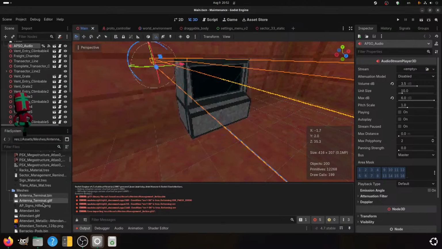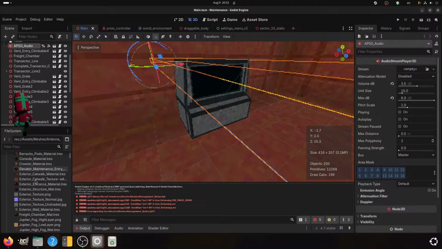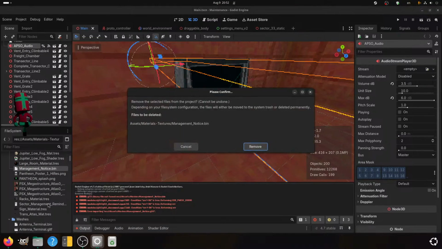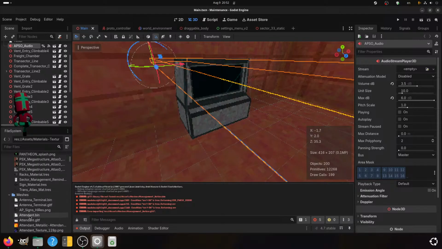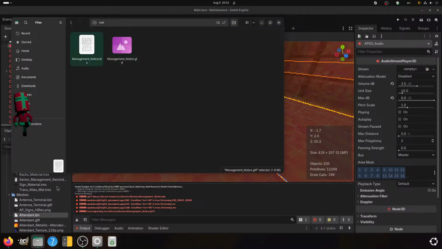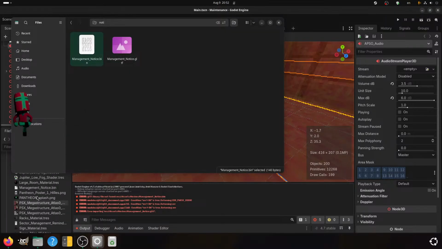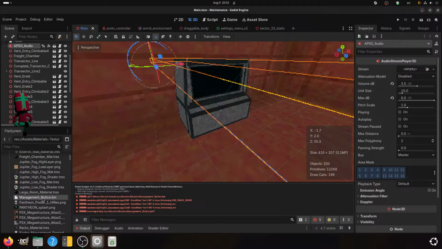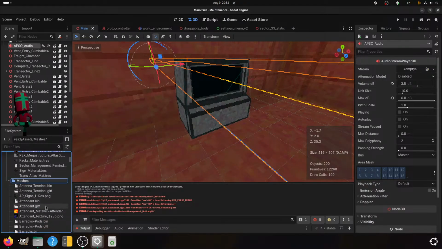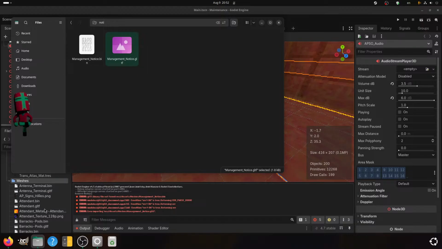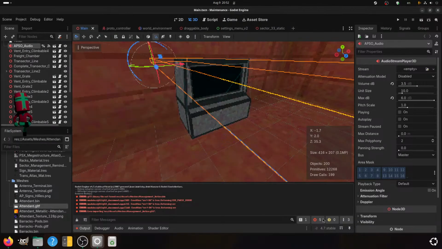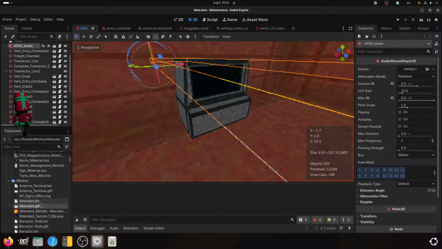Where the fuck did it go? Why are you there? How are you there? Management notice. What? There. And the GLTF. Clear all of these.